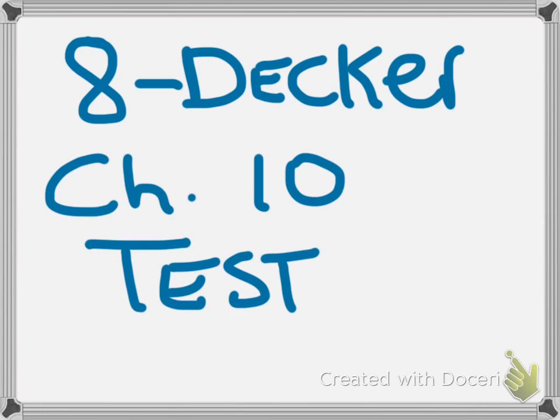Number 4, the Judicial Act of 1789 established which kind of legal system? A. Congressional law system, B. Federal court system, C. International court system, or D. Stack court system.